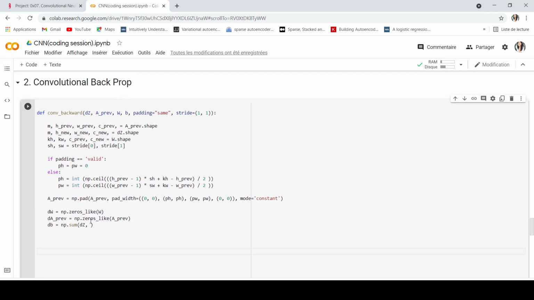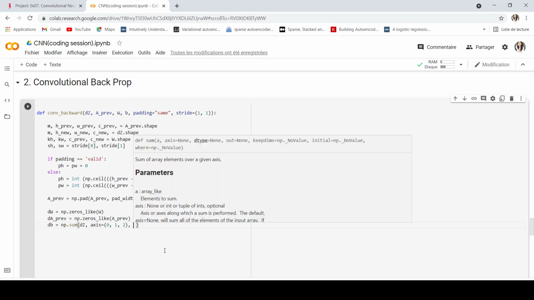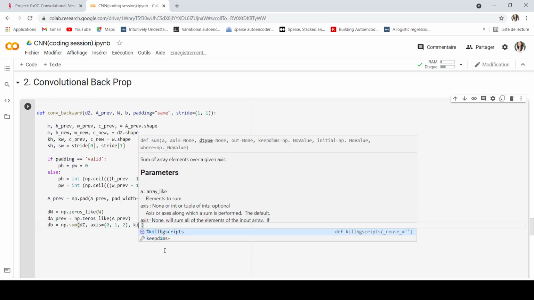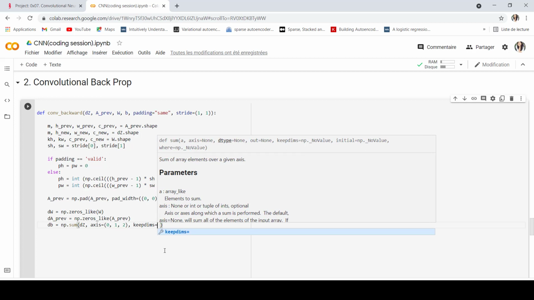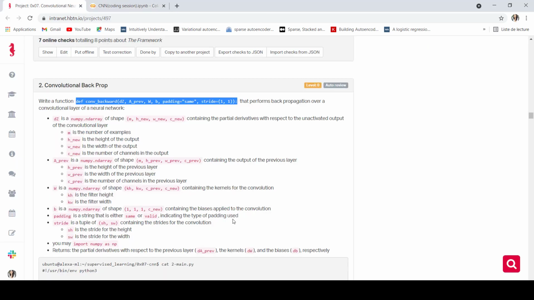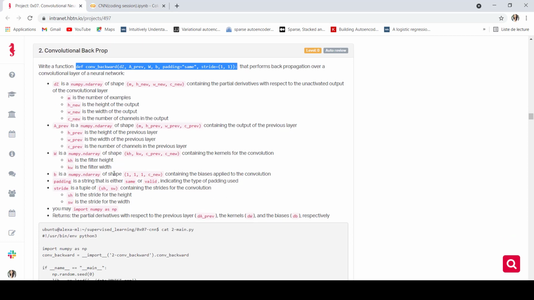So DZ, the axis is going to be the 3 axis. And here I need to keep my dimensions, because otherwise I will have some errors in the shapes, okay? So I need to add an extra dimension here so I do not have problems with the dimensions, okay?